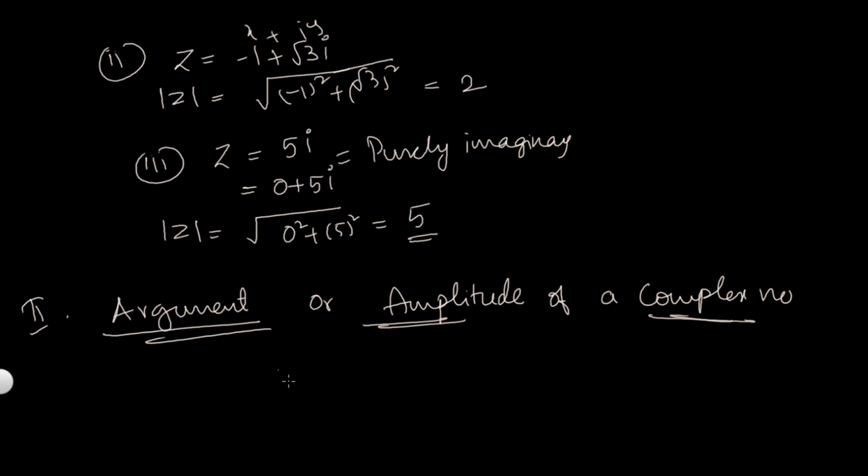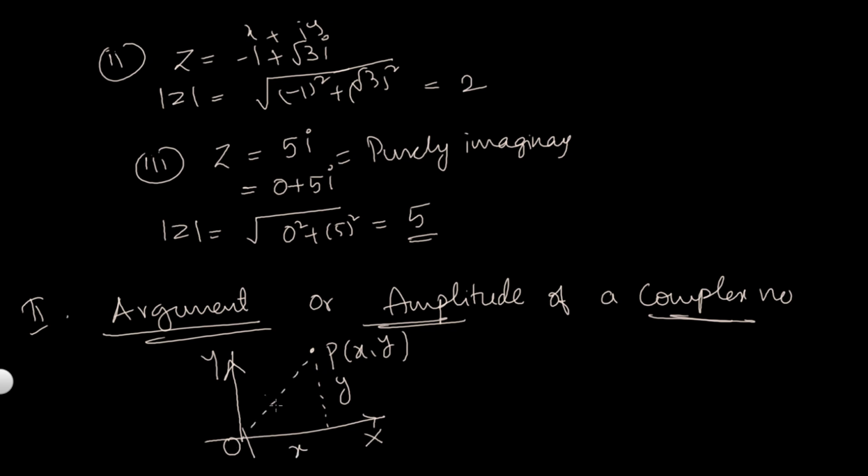Don't miss this. Let us take capital X and capital Y axes, and take the point P of x comma y. This is obviously the origin O. The perpendicular distance from P is y units and this is x units. The distance from O to P is mod z, which we already learned is root over x square plus y square. So if P is a point represented by the complex number z, then the angle made by the complex number OP bar